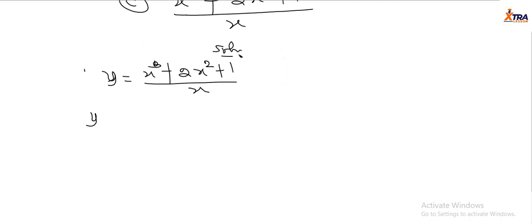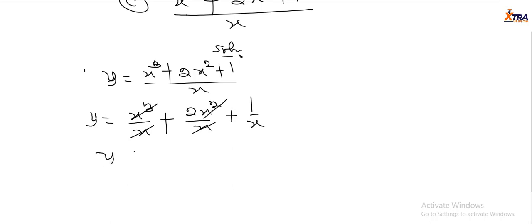So we can have y as x to the power 3 over x plus 2x to the power 2 over x plus 1 over x. So x will cancel one x here, x will cancel one x here,